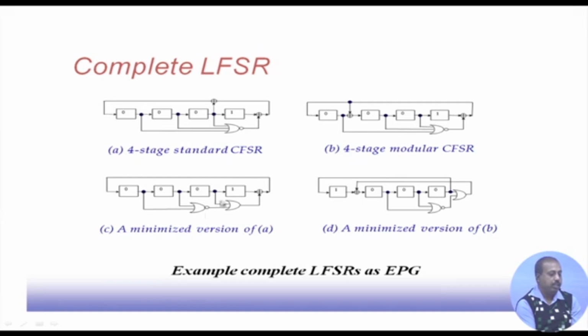So, some minimization is done here, basically some logic minimization. By doing this logic minimization, we can convert this circuit into this, so that the gate count gets reduced. Here we require 2 XOR gates and 1 NOR gate, and in this modified version we require 1 NOR gate, 1 OR gate and 1 XOR gate. Since XOR gates are costly, this will reduce the circuit overhead. Similarly, here also we require 2 XOR gates and 1 NOR gate, and in the modified circuit we require 1 XOR gate, 1 OR gate and 1 NOR gate. So, that can be done. We will continue in the next